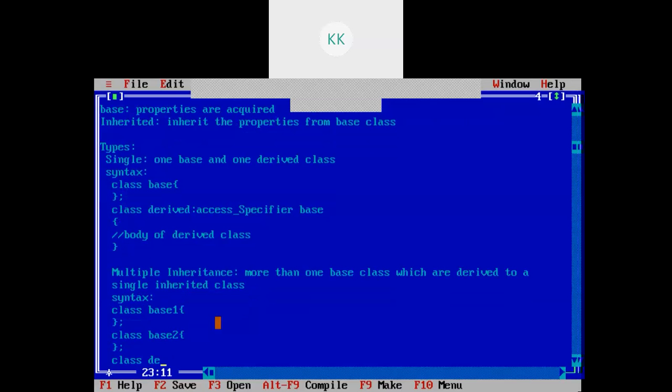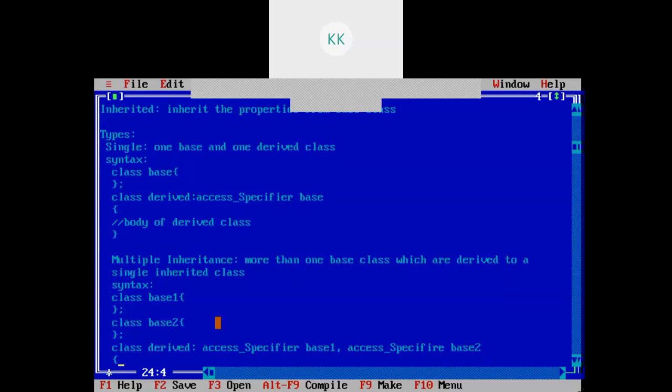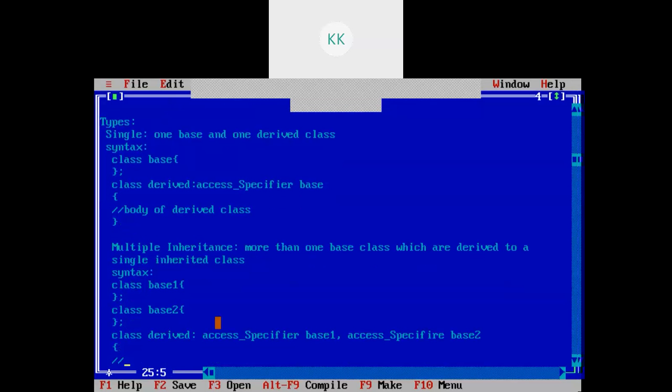So class derived colon, then access specifier base1 comma, access specifier base2, and here you will have the body of the derived class.